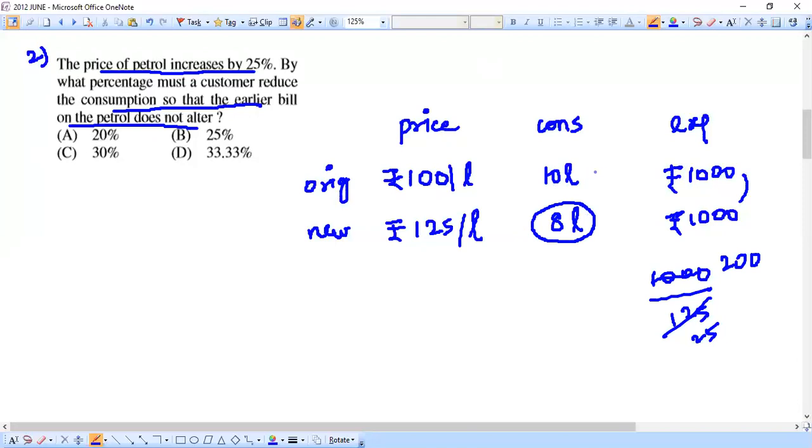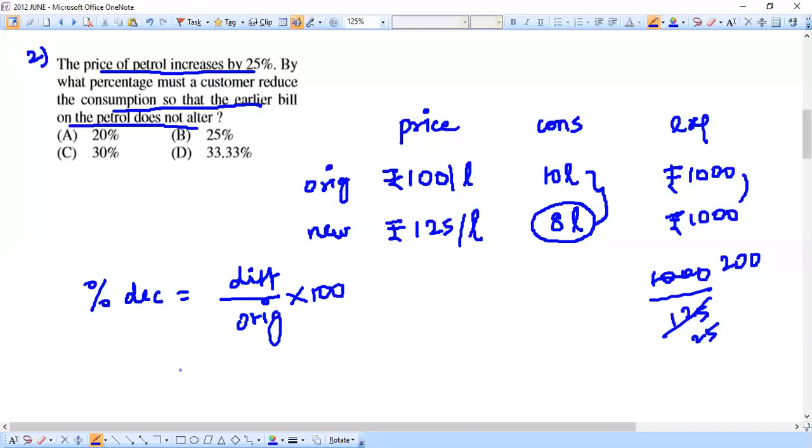So see here, it is asked how much percentage the consumer should reduce. This is our question. So once again we have to calculate the percentage change, particularly the percentage decrease. How much percentage is decreasing? We very well know the formula. We have to take the difference by original and multiply this fraction into 100. We have done many questions. You can see the previous sessions, I mean the previous year's videos. There also we have tried many questions like this. By seeing those questions, you would get an idea. We use the same formula, whether we find percentage increase or percentage decrease.